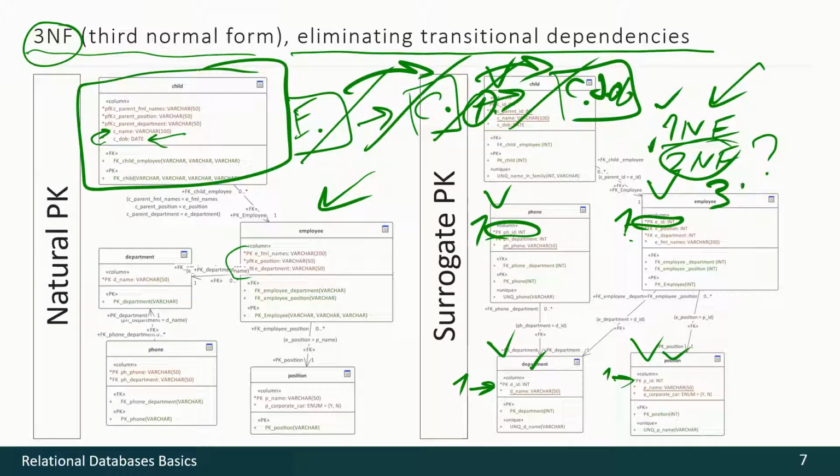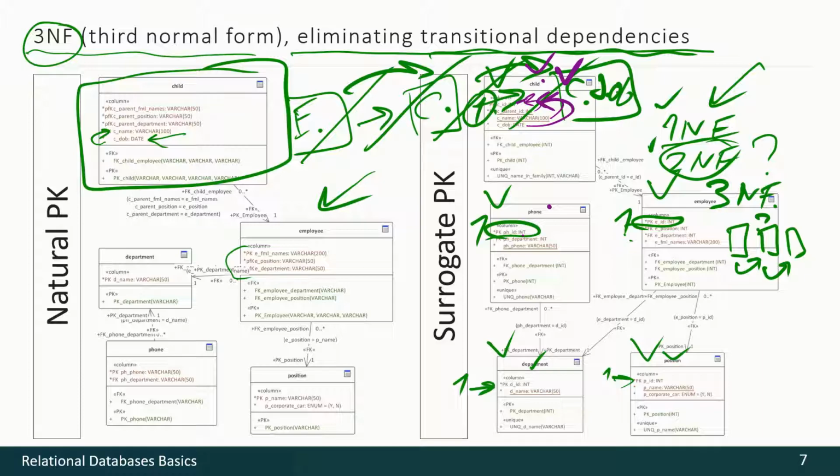And what about the third normal form? In order to have a transitional dependency, we have to have the primary key, then some field, and then that dependent field. We have to have such a sequence. Let's start from the top. Okay, we have children, we have the child ID. Information about what parent this child has depends on the child ID. The name of the child depends on the child ID, on what child this is, and the date of birth also depends on that child ID. Everything's okay here.